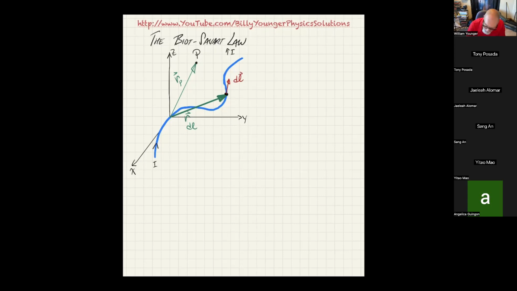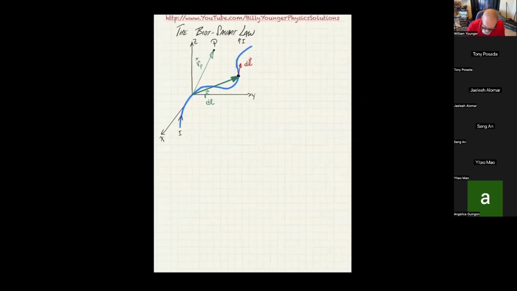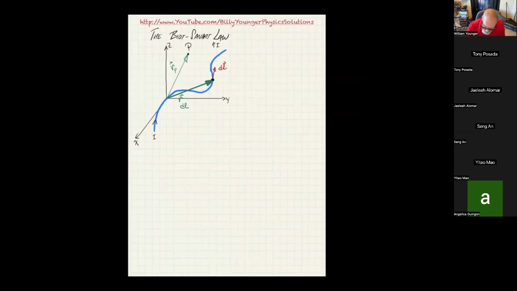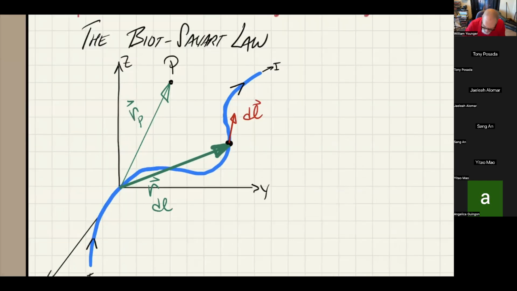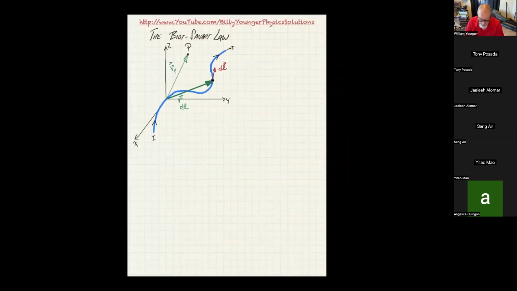So it turns out that if this is a scenario you have and you wish to know the magnetic field due to this little differential line element that happens to be parallel to I, notice it's going the same direction as I. So that means I also need to correct that. So let me fix that real quick. As long as the dl vector is going the same direction as I, then you can use this Biot-Savart law to calculate the portion of the magnetic field at P due to this little section dl as, here it is,